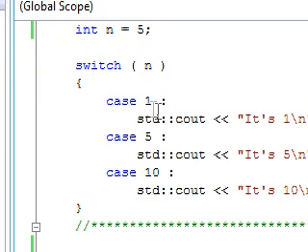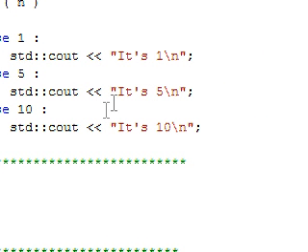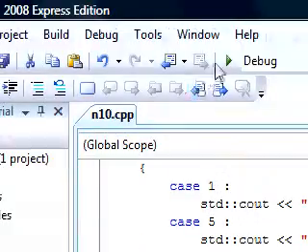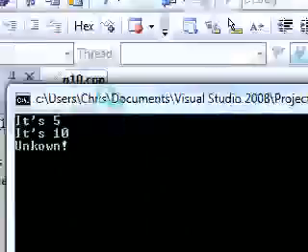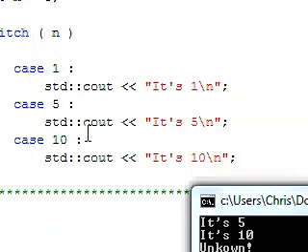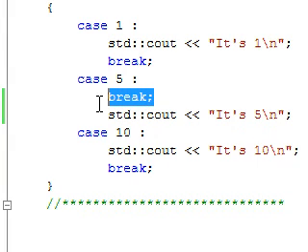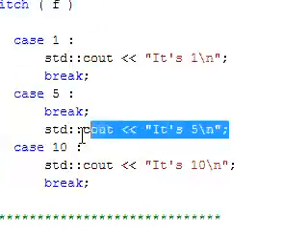Quickly, before we run, let's make a hypothesis. It's going to output its 5, then output its 10, then theoretically it should output its 5 as well, and then whatever this yields again. But let's see what happens. Okay, so it outputs its 5 from this, and it outputs its 10, because there's no break. But it doesn't output its 5 here, because the break statement was before. That broke out of the switch, so it didn't even have a chance to